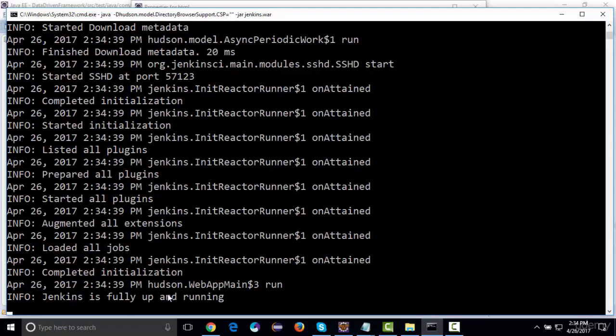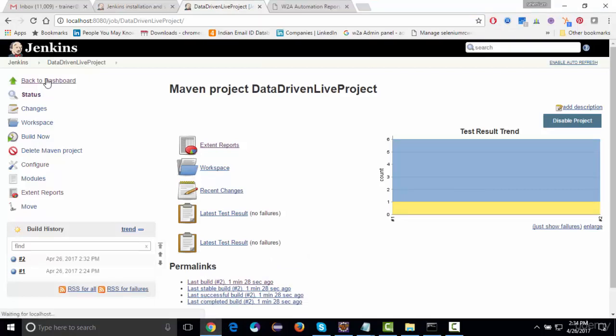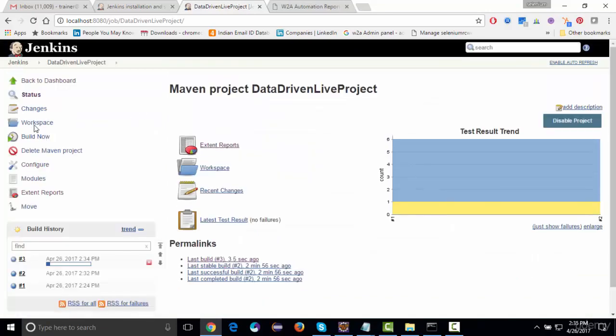Yes, Jenkins is fully up and running. Go back to the Jenkins UI, to the dashboard part, and then start the build again, schedule the build again. And if you go to the console output,